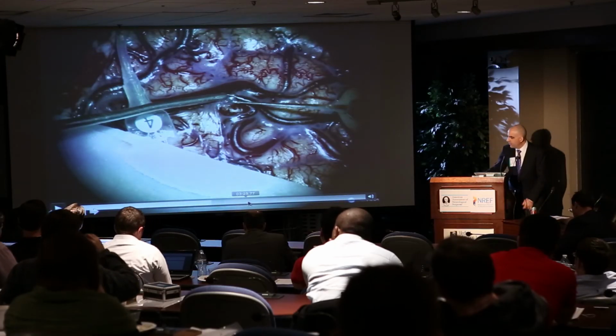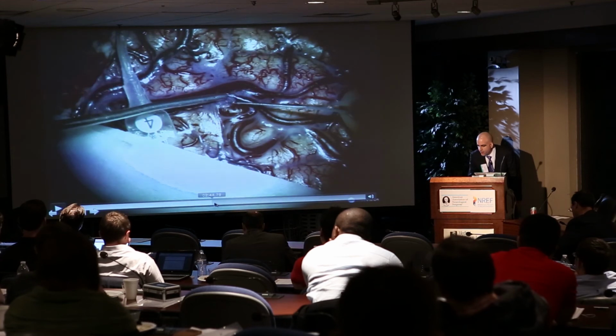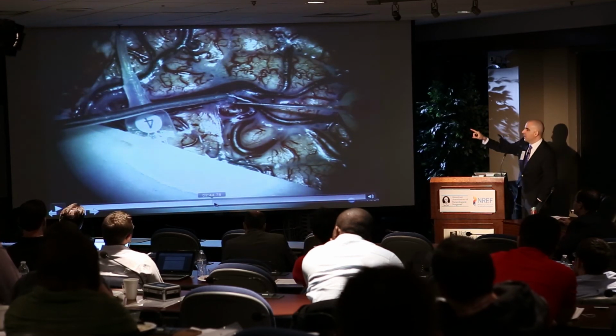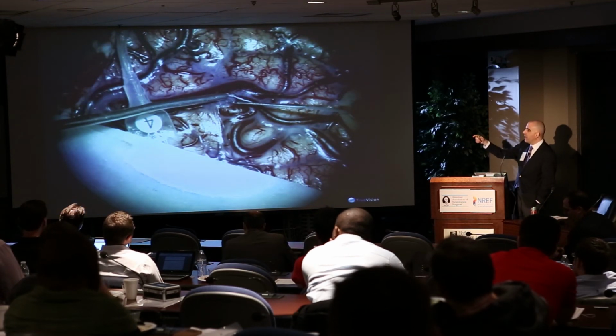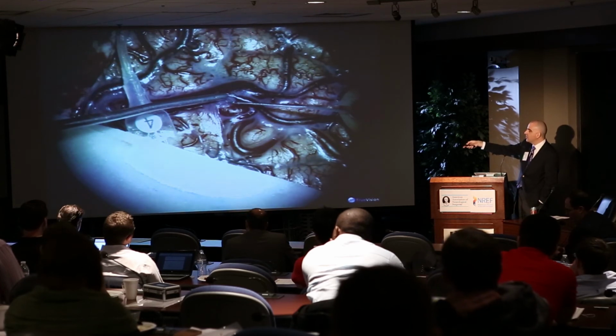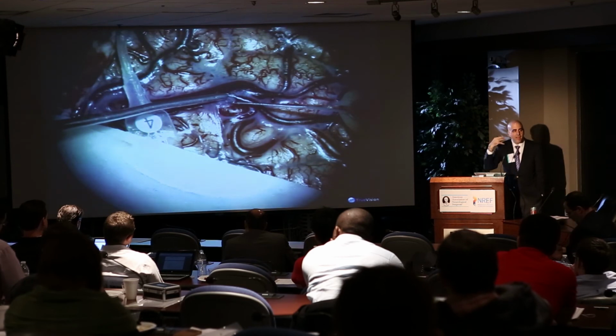So hopefully this video will run. I want to show you something here. I'm sorry it skipped over the angiogram, but this is a premotor AVM. Here you see a grid mapping the motor and sensory cortex with phase reversal. All you see on the surface is the draining veins. The AVM is deep to you.